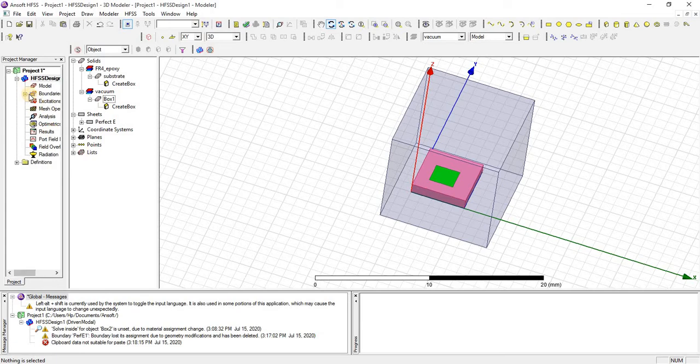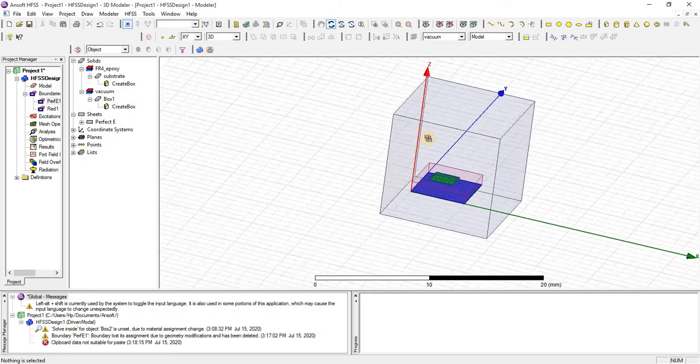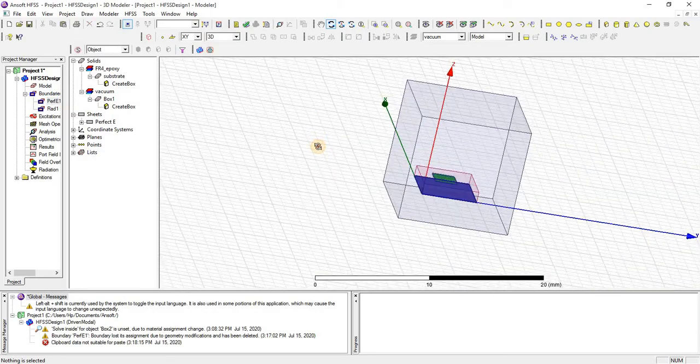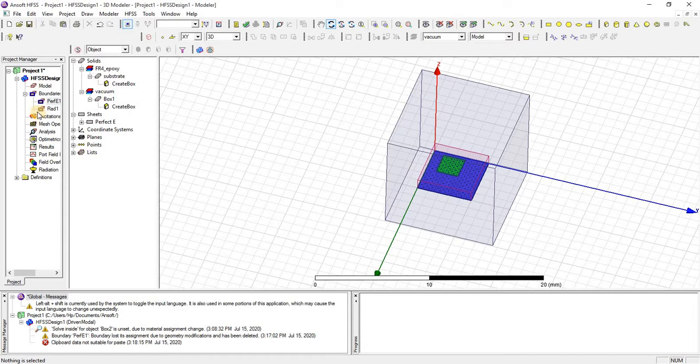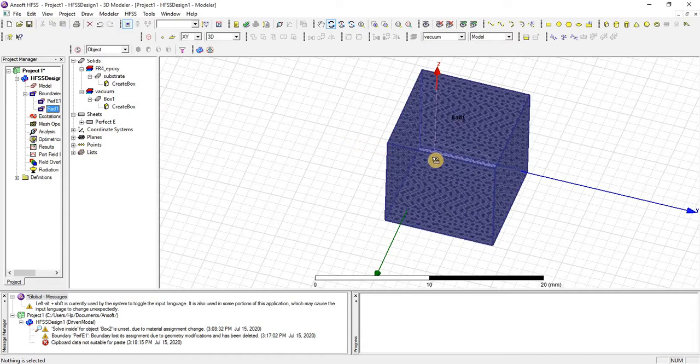From here you can check perfect E on both the ground and patch, and there will be radiation on the radiation box.